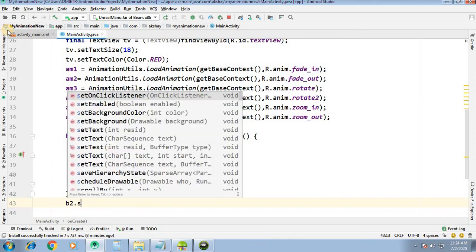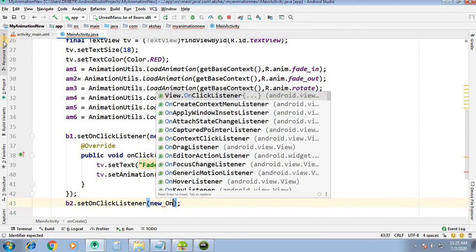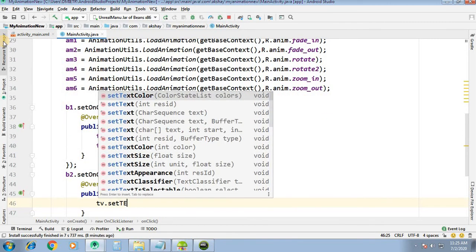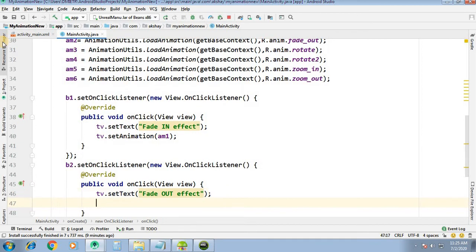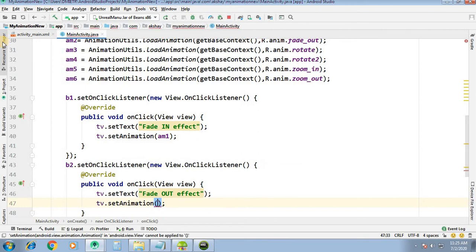So b2.setOnClickListener, new OnClickListener. So again here tv.setText, now here fade out effect we are setting, and then tv.setAnimation here am2.